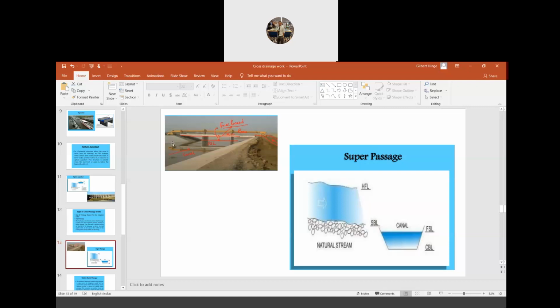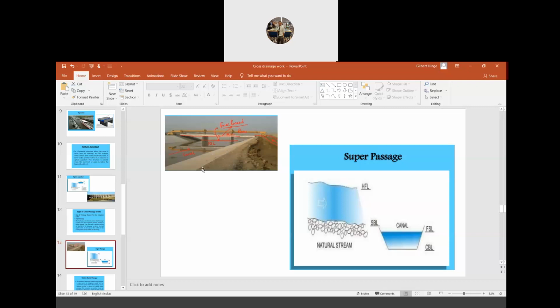You see here, this is a canal. This is the full supply level of the canal. There is a river coming here and we construct some kind of structure so that the river will pass on top of the canal. The gap between this full supply level of the canal and the river is called the freeboard. There is sufficient freeboard between the canal and the river, and this kind of structure is called a